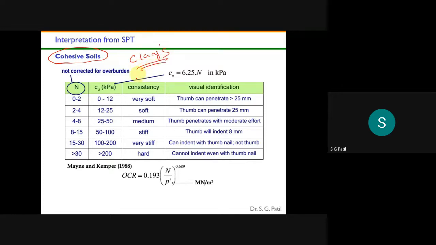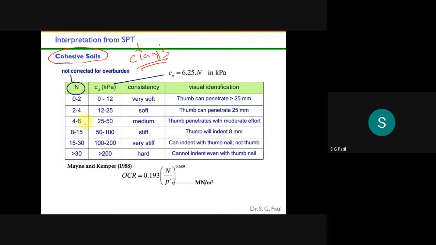So anyway, I told you in the beginning itself, the SPT test is not that reliable on clay type of soil, but still people will use the SPT test in clays because it is a very cheap test, not that much cheaper, but relatively cheaper. And also you need not have a well-trained engineer. Even you can perform this test with your laborers. You don't have to deploy any engineer there. With the help of a diploma graduate or some experienced laborers, you can perform this test. That's why usually people prefer this test more often.